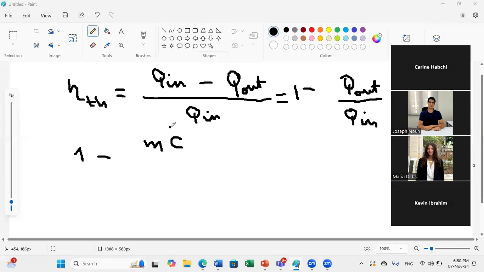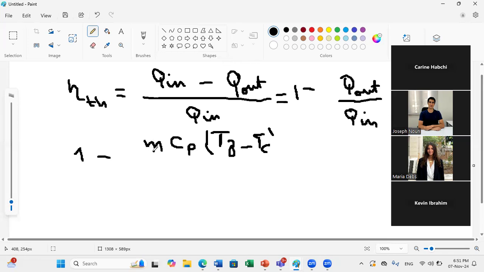So as we said, we can replace Qn by mCp times, during combustion the temperature will be elevated from Tc to Tz. So T at point Z minus T at point C. Sorry, here we are replacing Qn, but what we actually want to do is replace